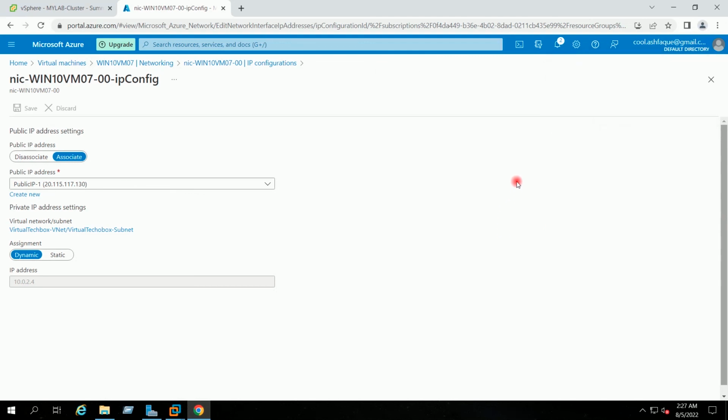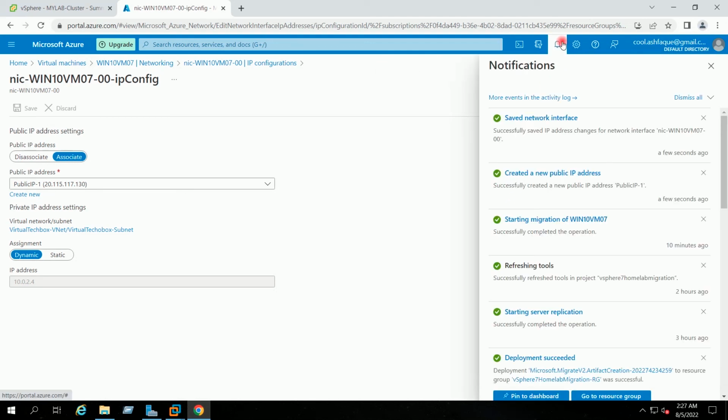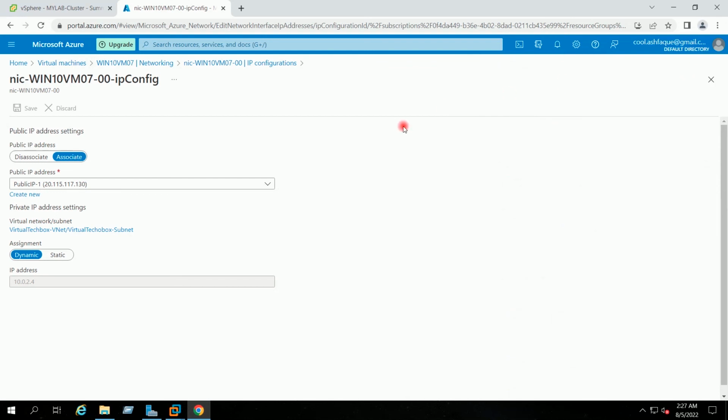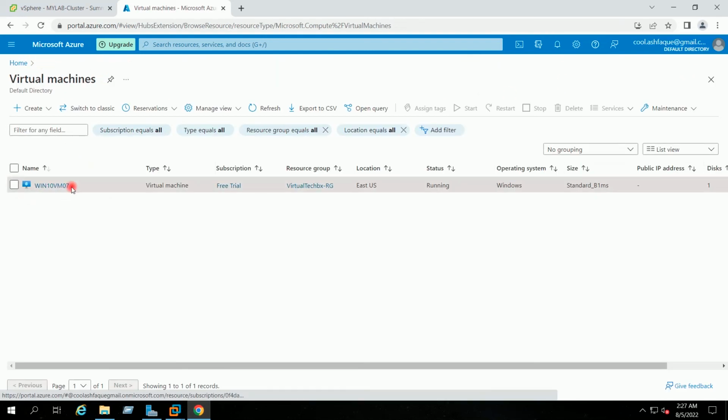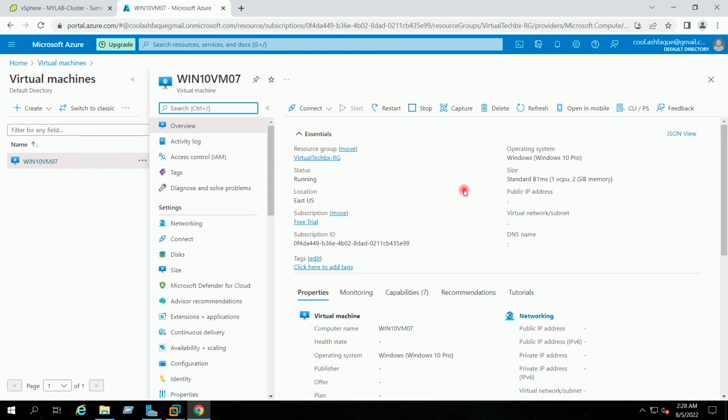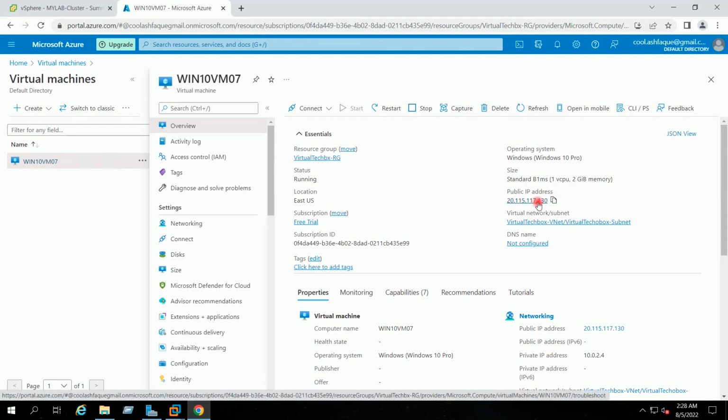Okay, task completed, which means public IP has been assigned to the NIC of our virtual machine. I will go to virtual machines. I will select our virtual machine, and if I do the refresh here, you can see public IP has been associated with our virtual machine.